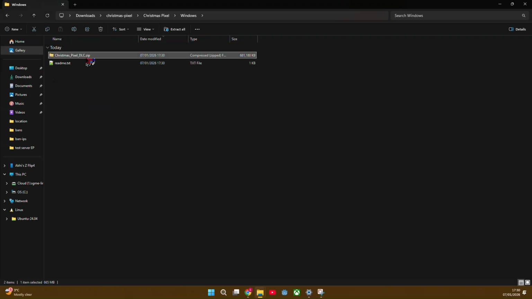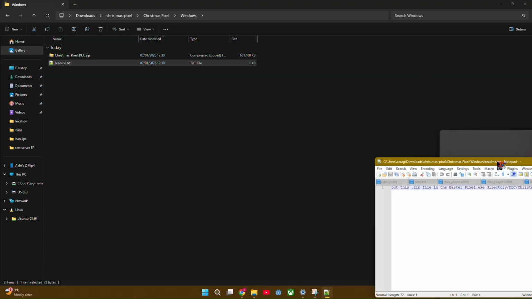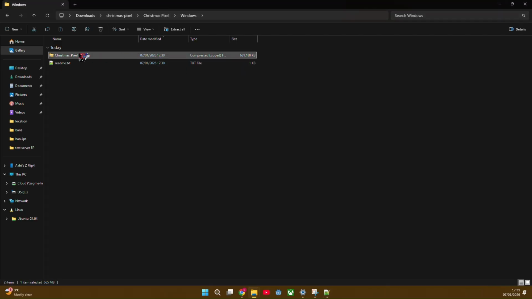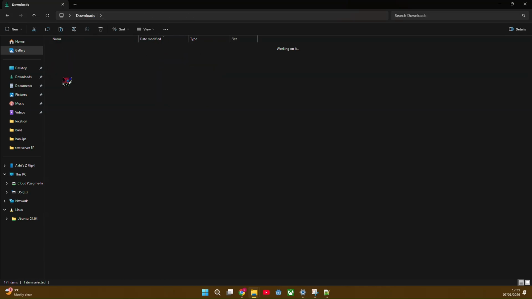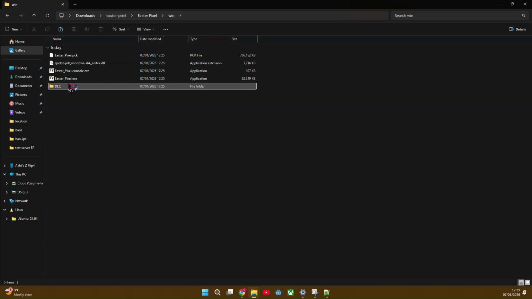There should be a .zip file. There's also a readme, so the next steps are also in this .txt file. So now what you want to do is copy this all the way to the EasterPixel folder, and